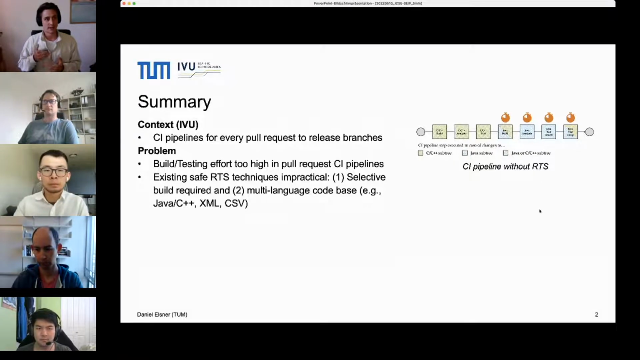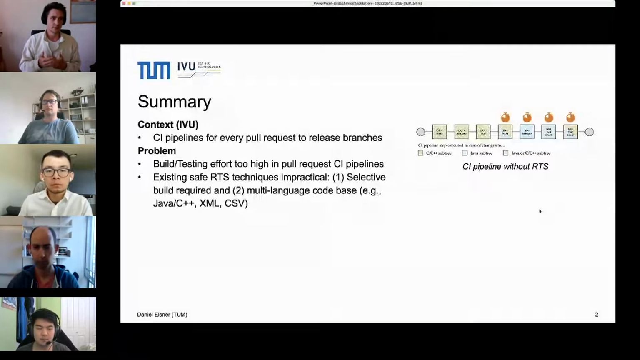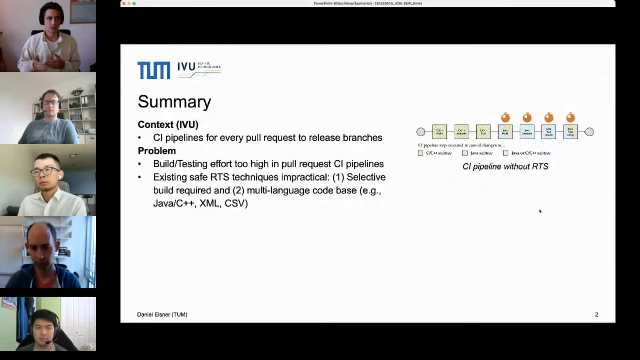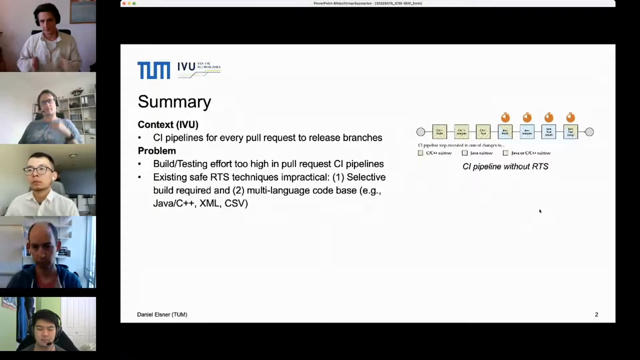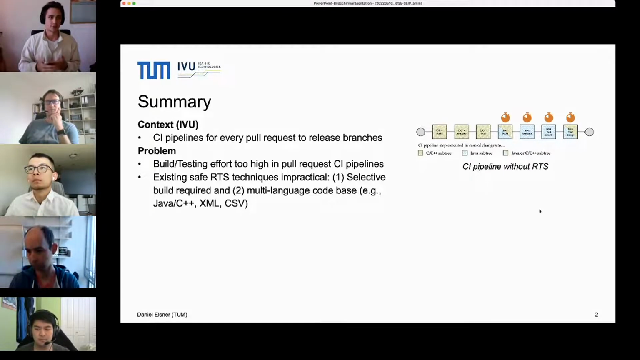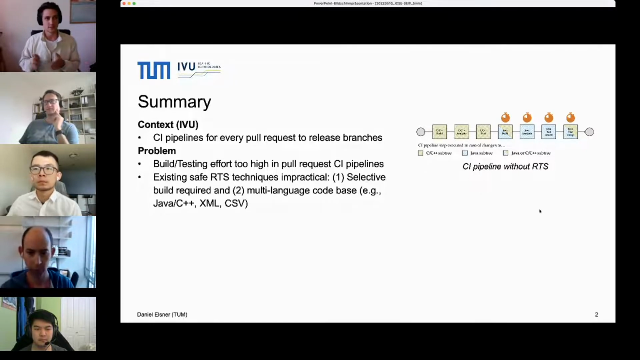they largely rely on a compiled code base being readily available. So they use checksums and that class files in the Java case. And for this, we would have to compile the code first before we can actually run the selection. And the second problem is that they're not built for multi-language code bases. And as I said, we have a lot of cross-language links in this case. And those are not only limited to the Java, C++ interoperability, but also related to domain-specific languages such as XML